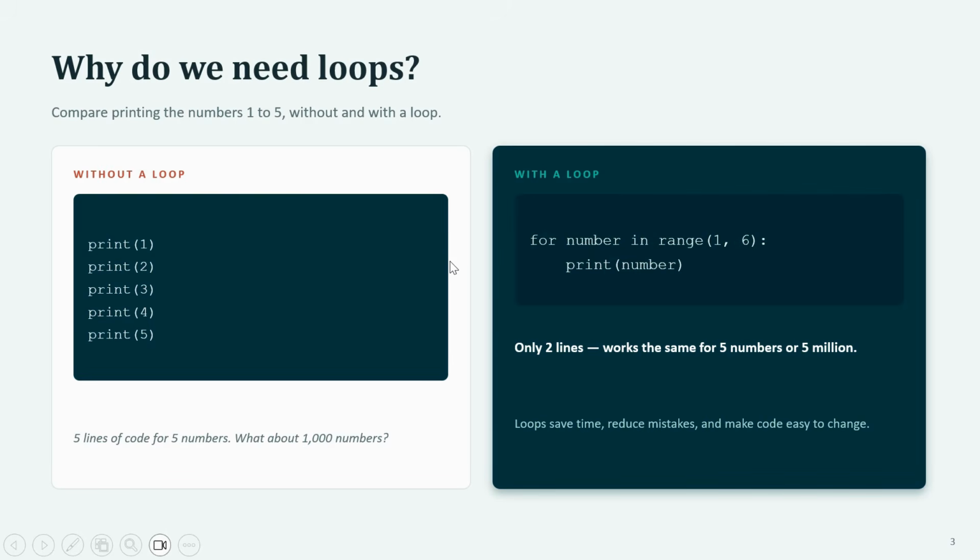Next, why do we need loops? I have given a lot of examples, like comparing printing the numbers 1 to 5 without and with a loop. I have gone through the real life examples and the technical examples. Without a loop is the same as I quoted in the examples for students: print 1, 2, 3, 4, 5. If we want to print in a loop, we will just use two